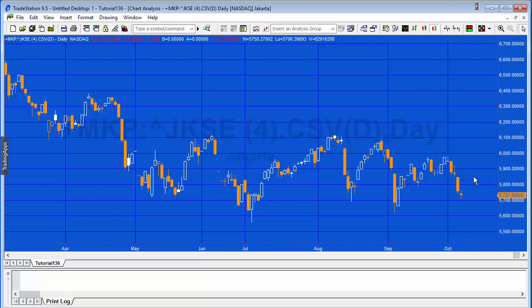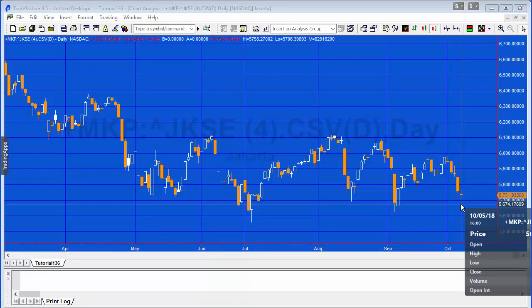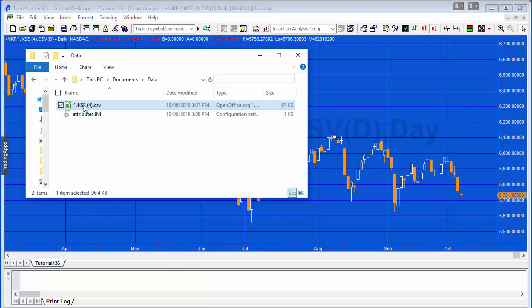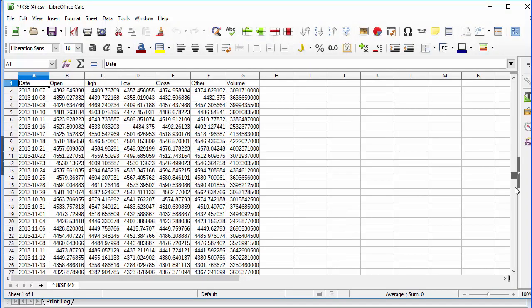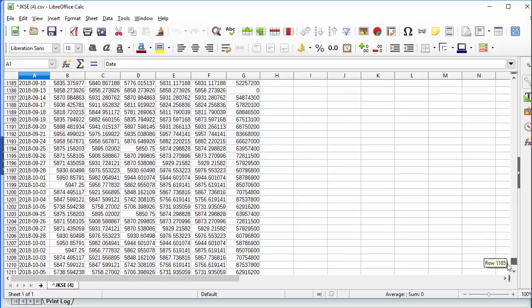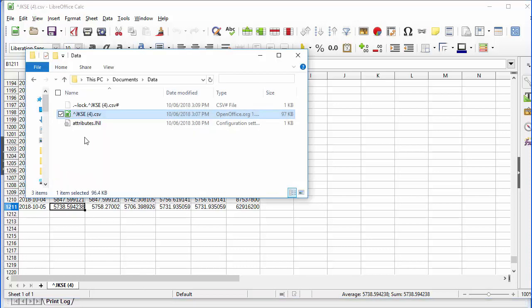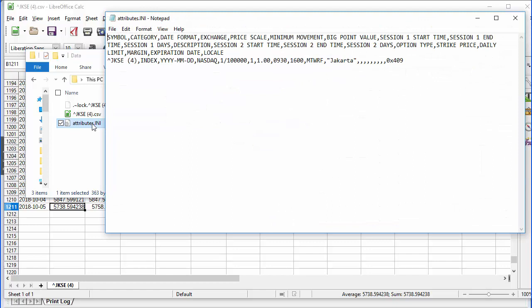And if you just wanted to double check, if you just looked at the newest, which has got an open of 5, 7, 3, 8, etc., and we went back to the spreadsheet and just go to the newest value, and you'll see that that open is indeed that number there. You're probably also noticing that we're getting this attributes file, and this is where the program stores the information that we filled in when we were going through the forms to begin with. So for example, if I were to manually change this to 100th and save that,